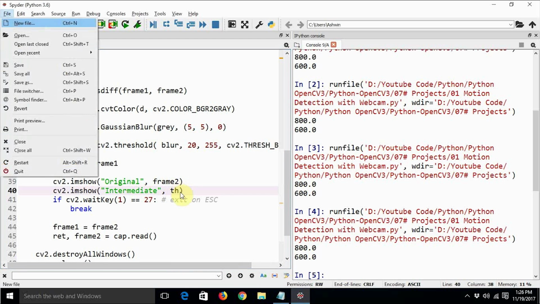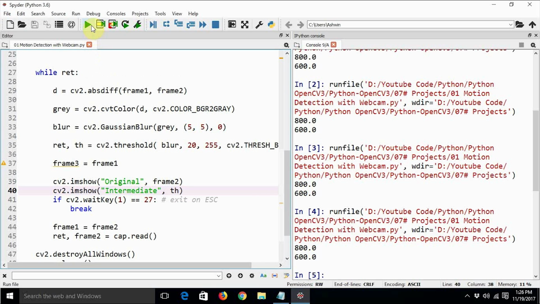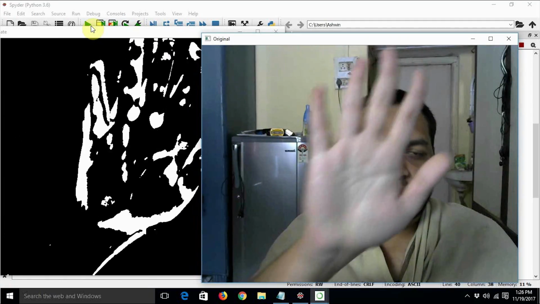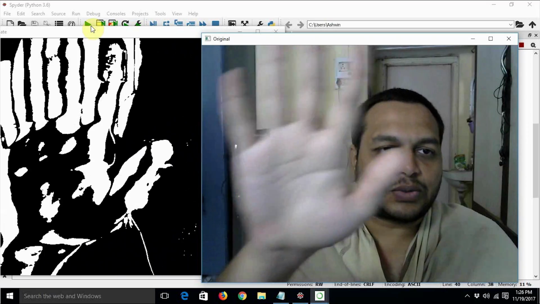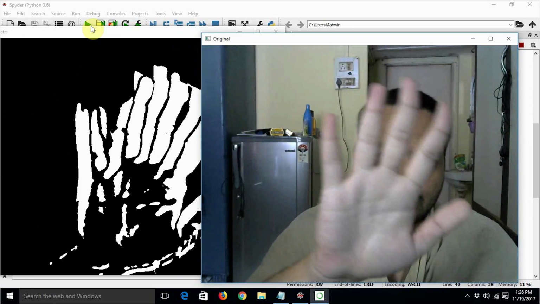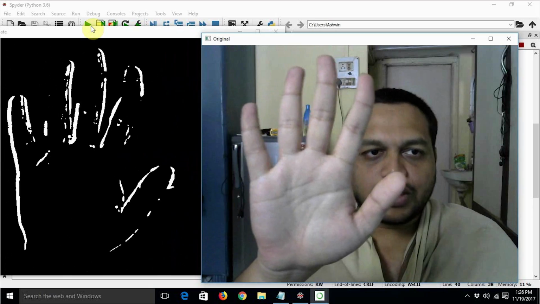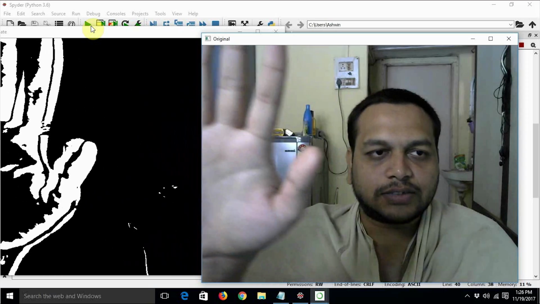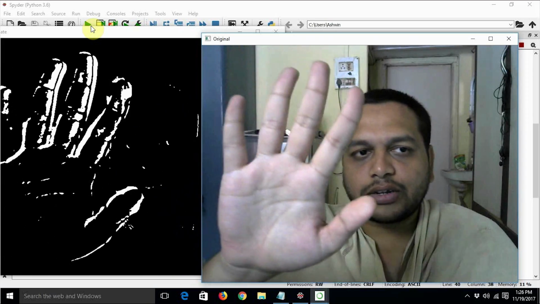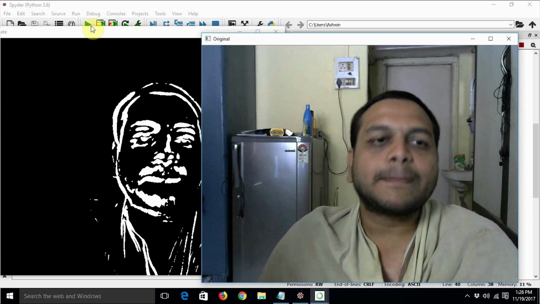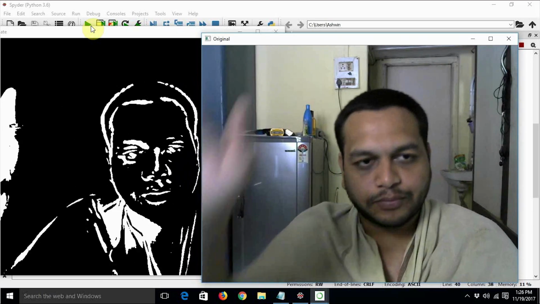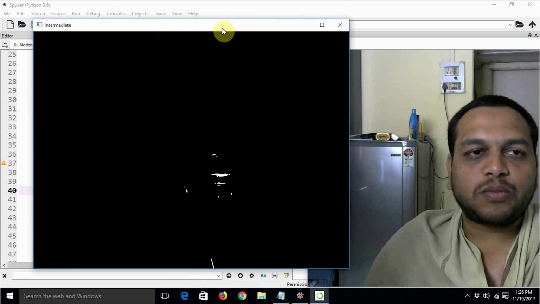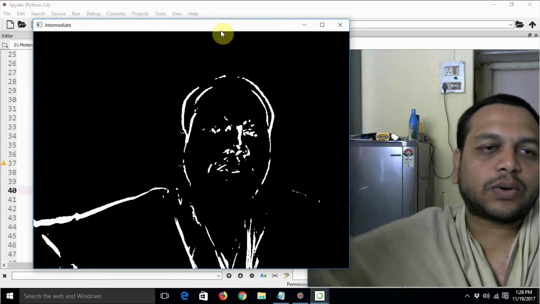So th should be the intermediate output that we should be interested in as of now. Yes, now this is how the thresholded image looks. If you observe, this thresholded image is quite fine, the only thing is that it is not showing the objects as they are. It is just showing the boundaries. This can also be used as a movement detector. Whatever movement is there in the image is detected very well.